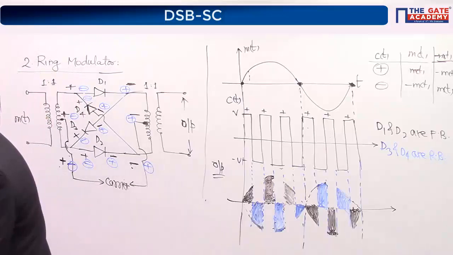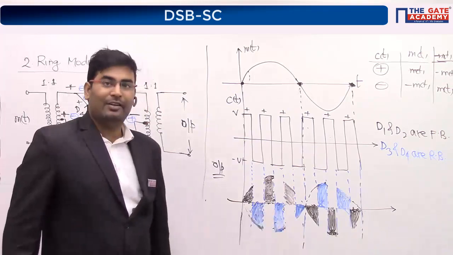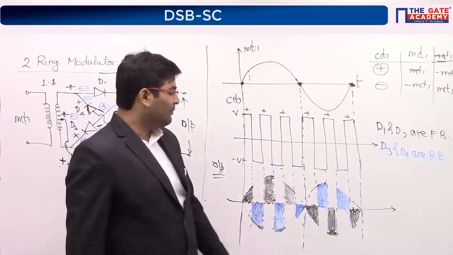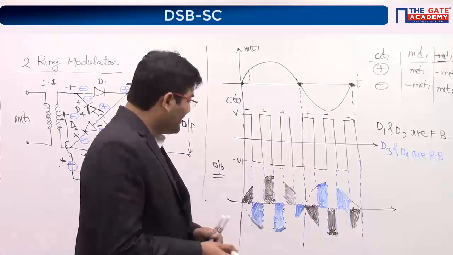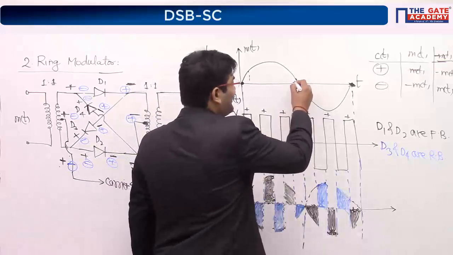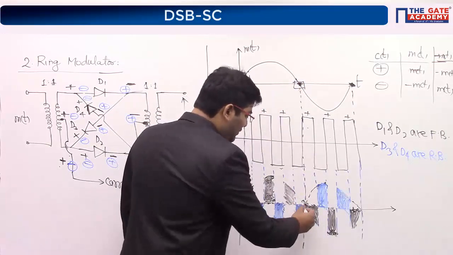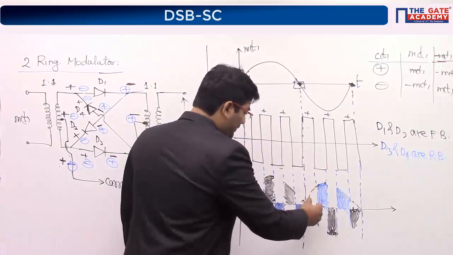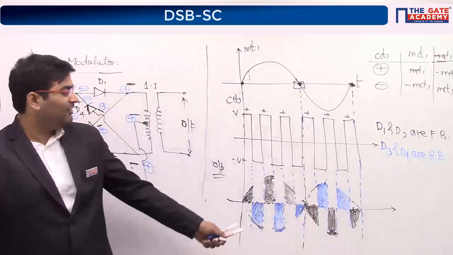Now, if I ask you, did you notice something? Did you notice something? Anyone in this session? Did you notice something happened? There is a phase reversal which is happening at the zero crossing. See here, guys. You are supposed to go like this, but you are forced to be on the negative side. Can you see the phase reversal, guys?